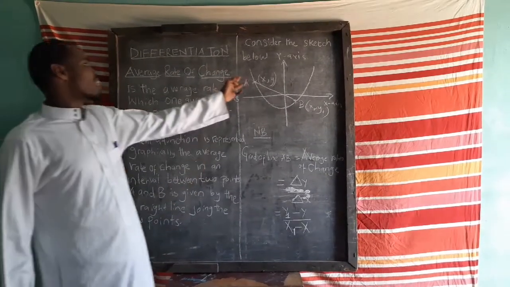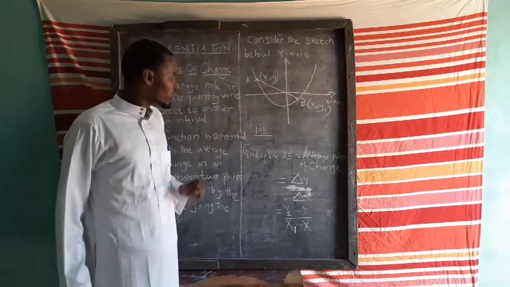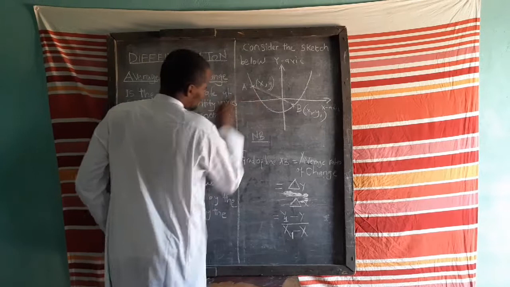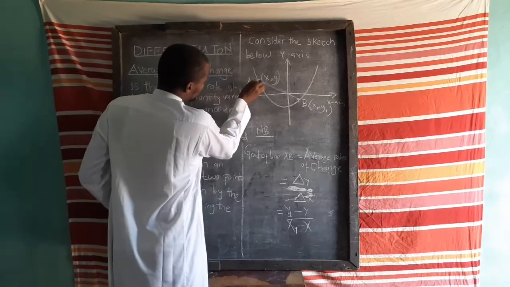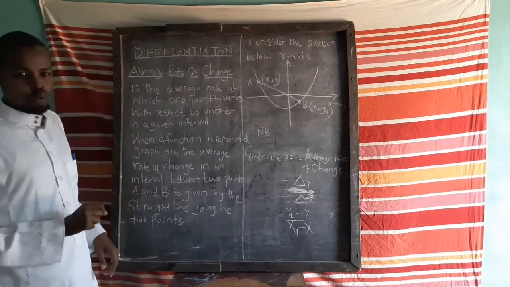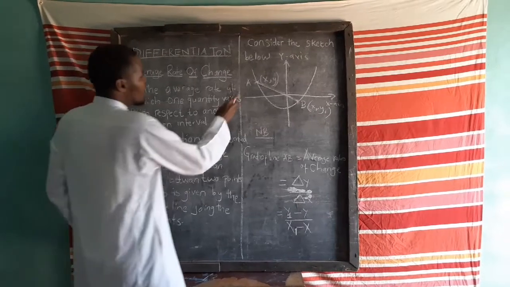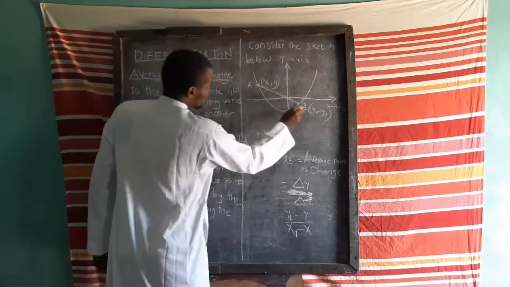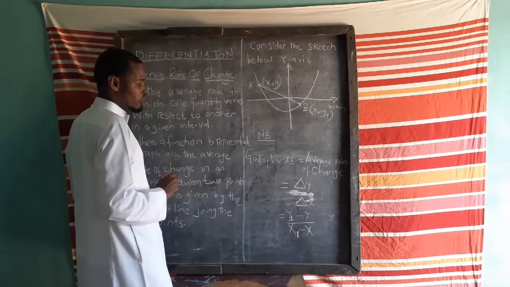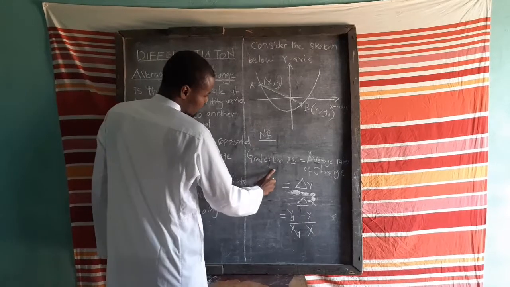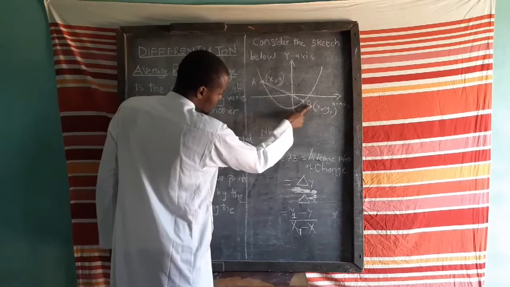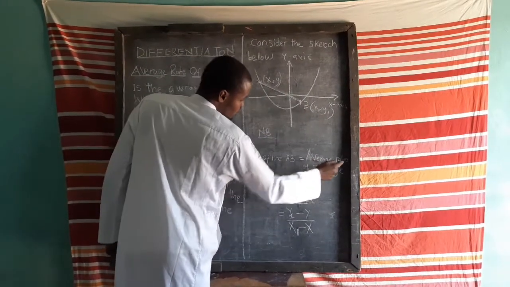When we want to get the average rate of change for these 2 points, at first you have to join them. If it was you to sketch the curve, you are supposed to join point A and point B directly using a straight line, using a ruler. Do not use freehand. Then after joining, it has formed a straight line. Then using this straight line, find out the gradient of the line. Gradient of line AB is equal to the average rate of change.